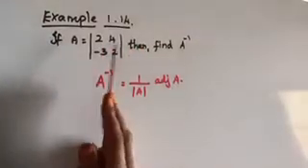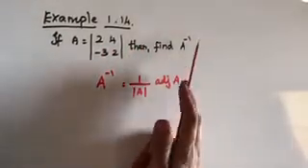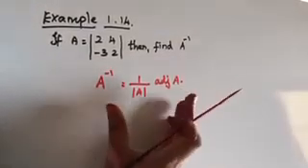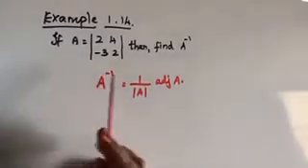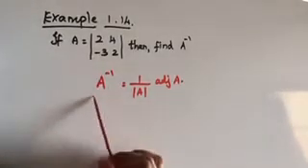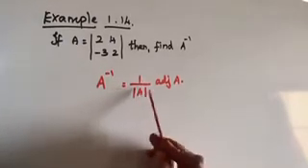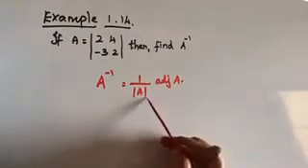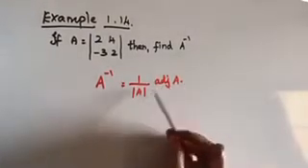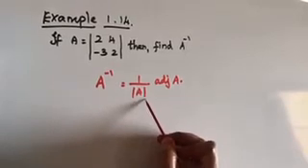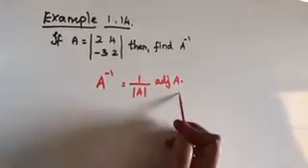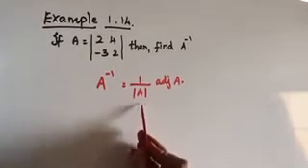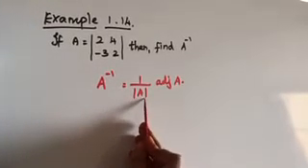If A is equal to 2, 4, minus 3, 2, then find A inverse. For all non-singular matrices, we can calculate the inverse. A inverse, we denote inverse with this symbol, is equal to 1 divided by determinant A, into adjoint of A. So determinant A we have to calculate, and the adjoint of the matrix also we have to calculate. First let us calculate the determinant value. The determinant value should not be equal to 0.